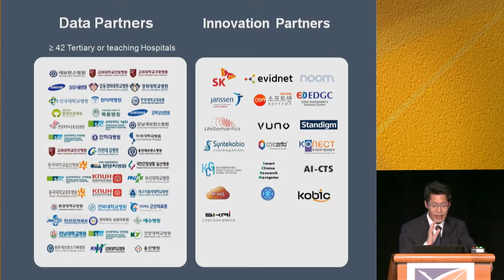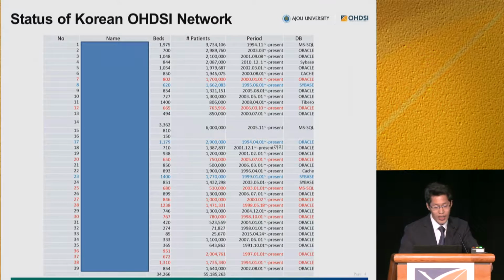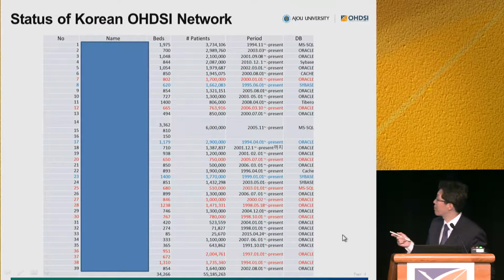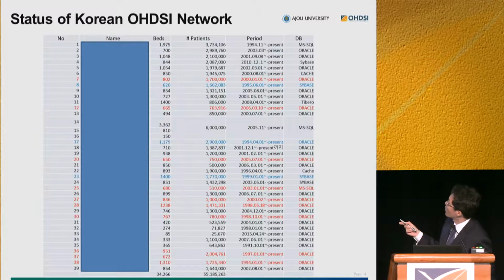As you see, most of the big hospitals in Korea joined to our consortium, and 10 institutions and 8 companies in Korea joined to our consortium. Although I blocked the name of the hospital, as you see, there are big hospitals. I think this is the mistyping. I said 2,300. This hospital, about 2,000 beds.